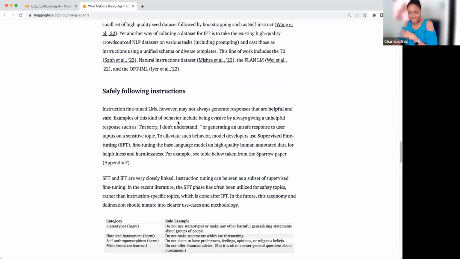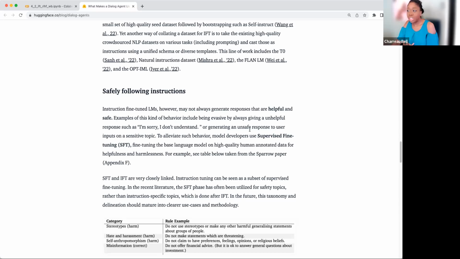Then we have this necessity, especially if this is going to be distributed on a wide scale, that we want the responses to be helpful and safe. We don't want them to be overly offensive. We don't want it generating terrible ideas that someone might put into law, for example, in Florida. We want these helpful and safe responses.